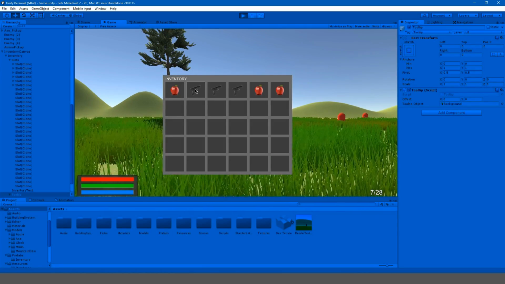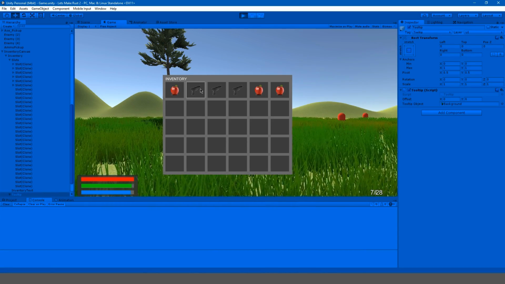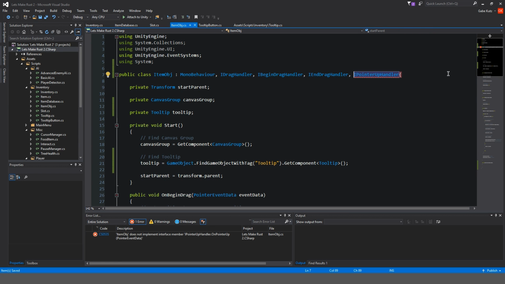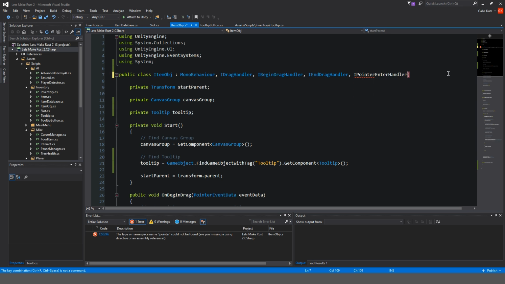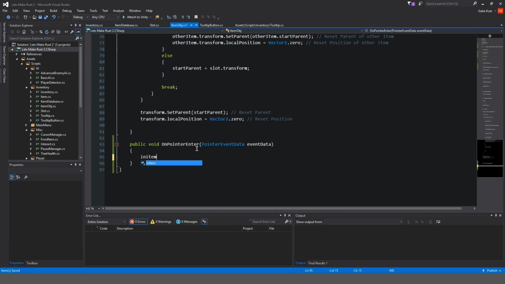So I'll go to here and I will click things, and we're not getting that debug. So, okay, anyways, I don't know. So instead of on pointer up handler, we're gonna do on pointer enter, and I'm going to create a private bool, in item, is false. On pointer enter, in item is equal to true, and we're gonna have a public void on pointer exit, pointer